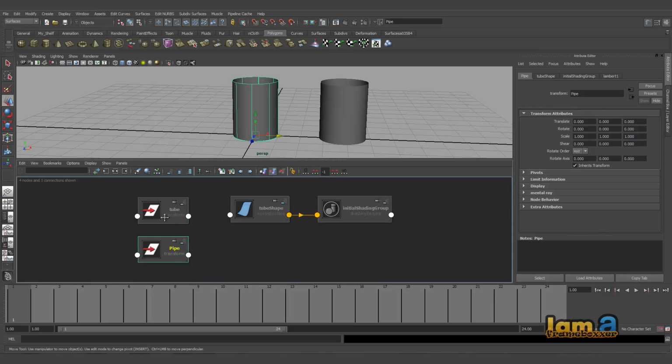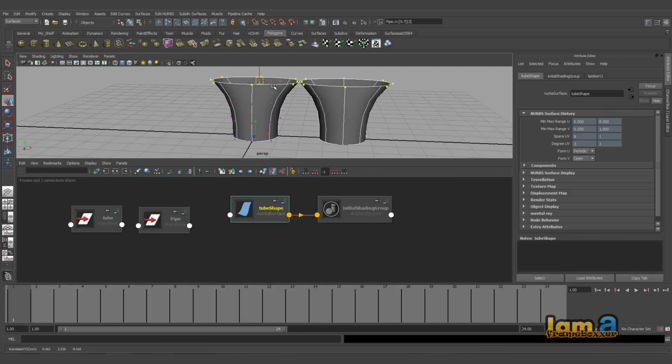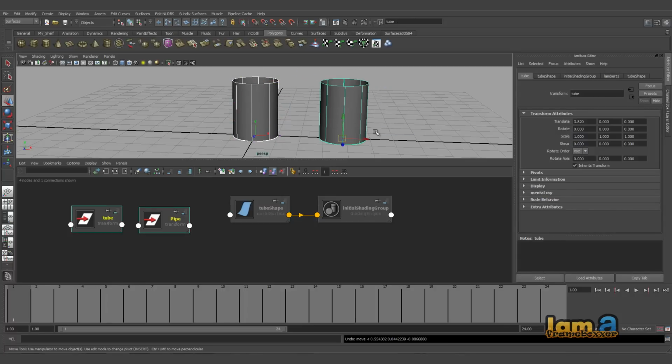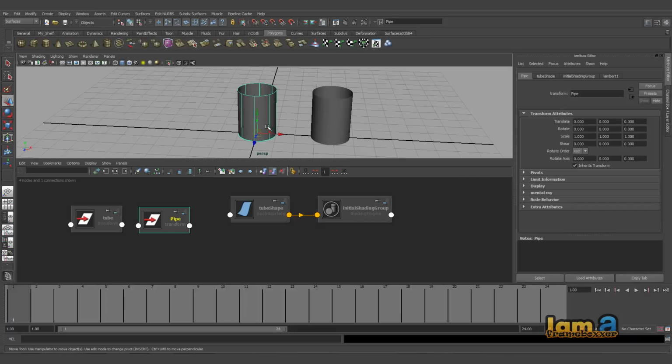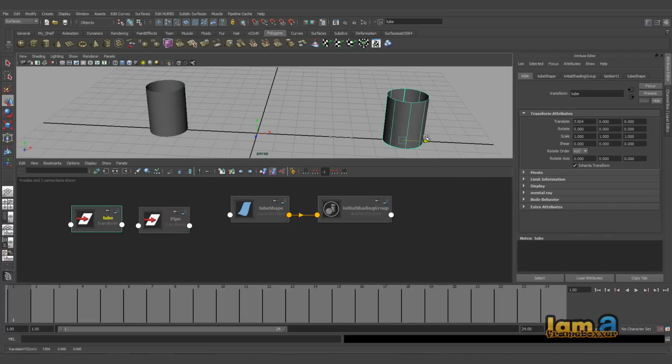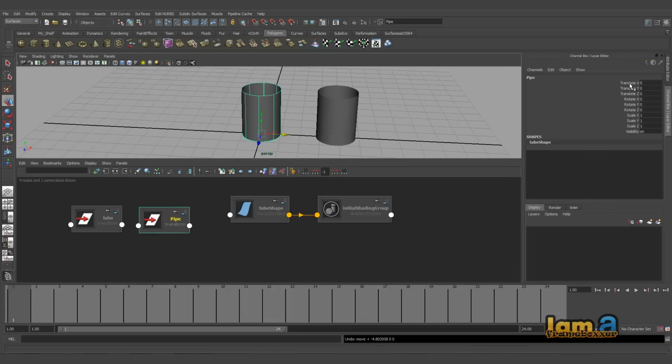So now again, let's have this tube and pipe aside and let's go to this vertex mode, and you all know the moment I get onto the instance, it works fine. Whatever I do here, it's getting reflected. So only the shape node is getting instanced. Let's say for example, if I go and choose this and start moving this, the transform node remains independent. The transform node is nothing but whatever you see here, translate, rotate and scale put together. These three are called transformation coordinates.